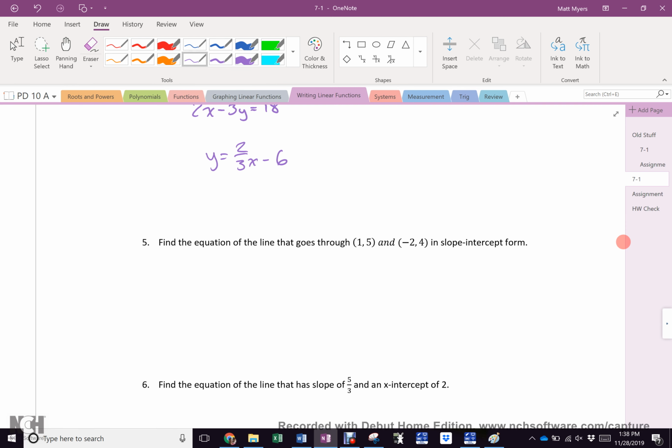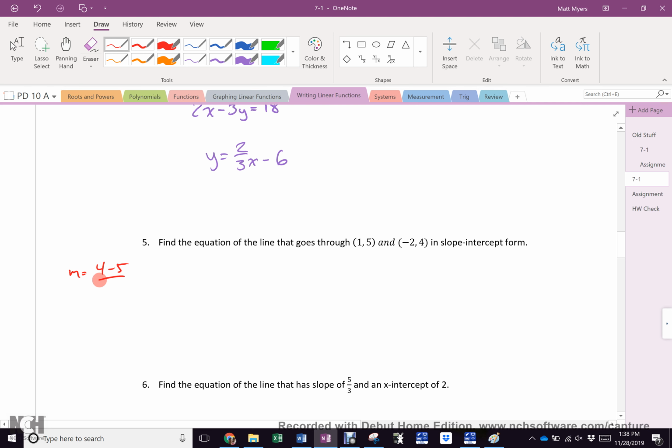I need the equation of a line, so I have 4 choices. What would be a good one to use? You could use point-slope form, couldn't you? Now, if you were going to use point-slope form, what do you got to find? Slope. How do I find the slope? m equals